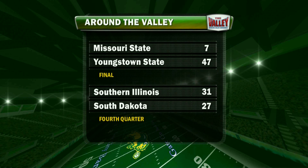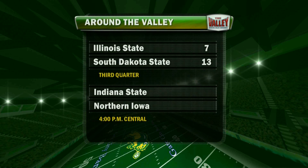Southern Illinois was up on South Dakota. I have been told that score has changed, and South Dakota now has the lead in that game. We go to the other games going on. Illinois State trailing to South Dakota State. I'm told South Dakota State has also scored again there to increase the lead to 19-7, if I'm not mistaken. That is correct. So South Dakota State trying to hand Illinois State their first Missouri Valley Conference